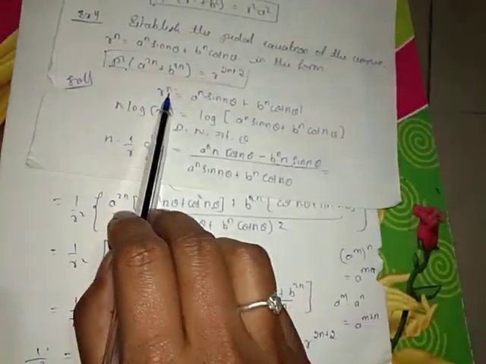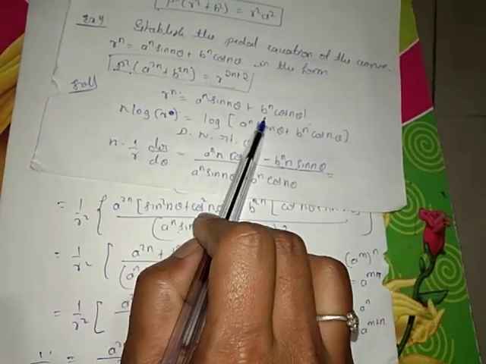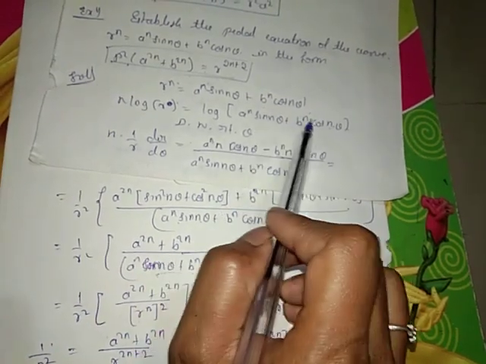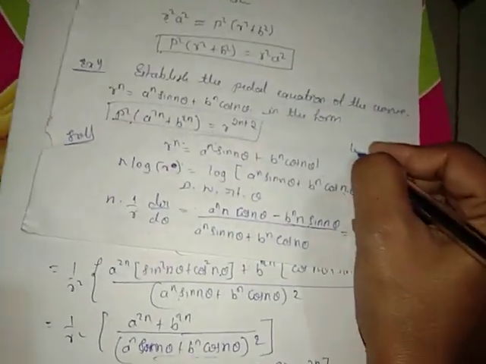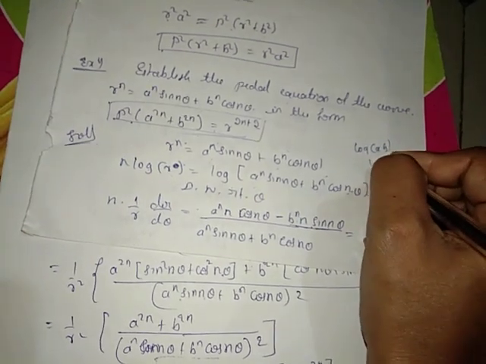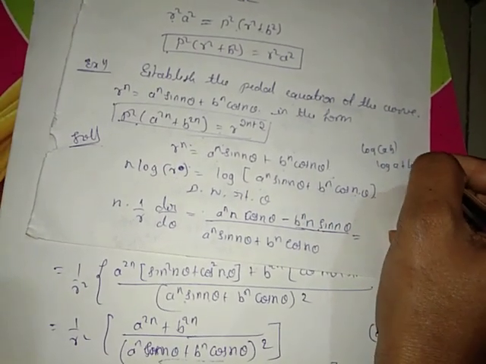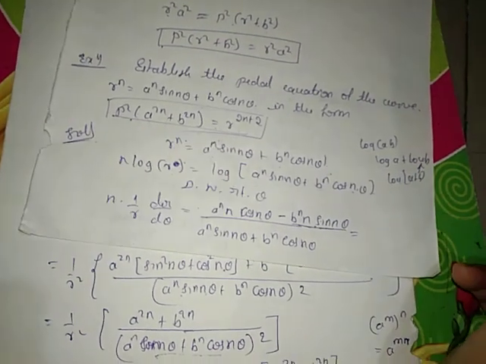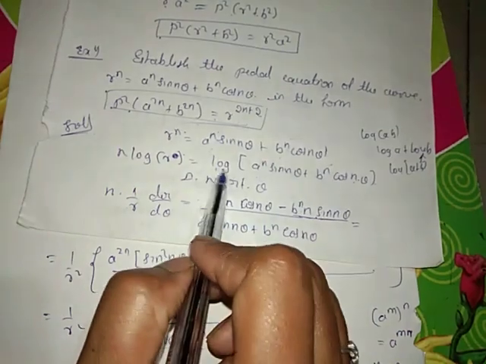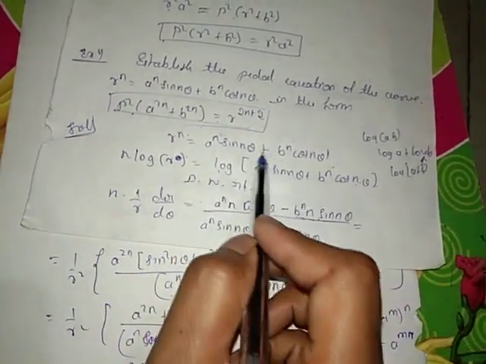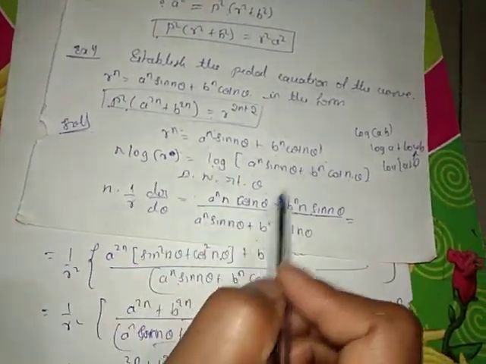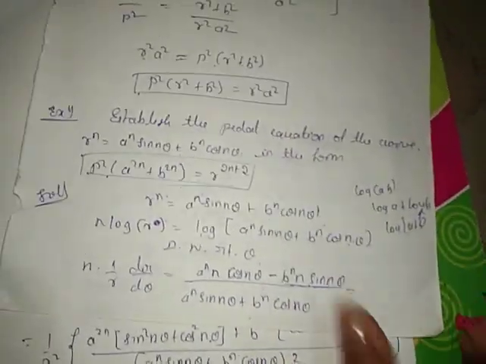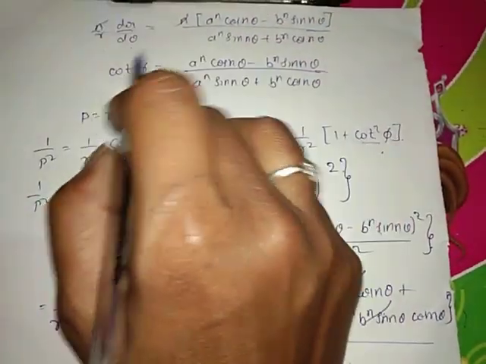First we have taken a log on both sides of the given equation. Here we cannot apply log a plus log b because it is of the form a plus b. If it is log of ab, then we apply log a plus log b. If it is log of a plus b, we cannot apply this formula. So we take log of the entire function. Log of this function is 1 by function into derivative of this function. After that we have taken a n common and then we cancel the n on both sides.